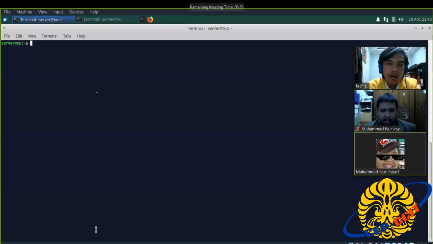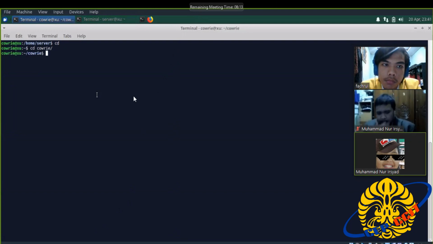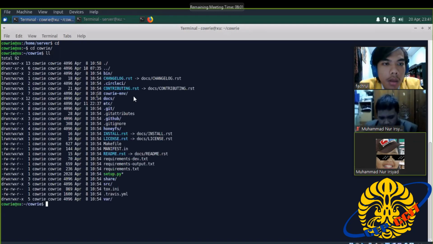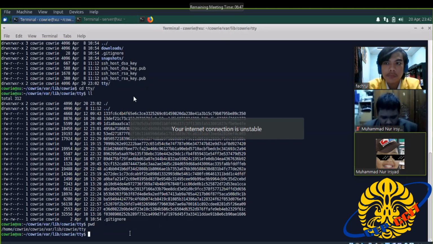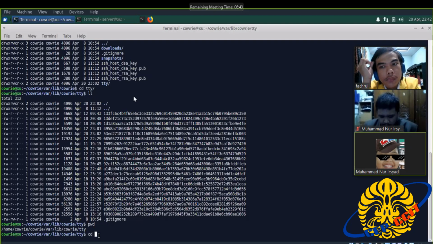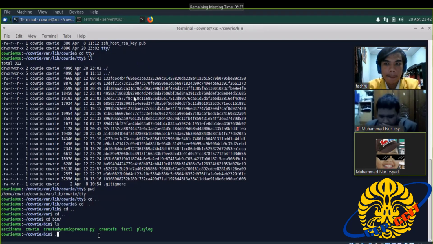Now we can just replay the attack to learn about the TTP of the attacker. You can go to the Cowrie, and first of all, we need to see the latest event that has been captured from the playlog. So we can do that by entering the ls. So now we get all of the latest attempts of the attacker. We can do print working directory, so we know where the file is, and there is a file that can execute the playlog,